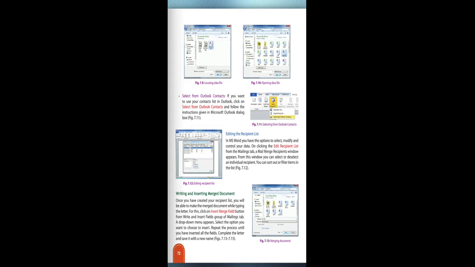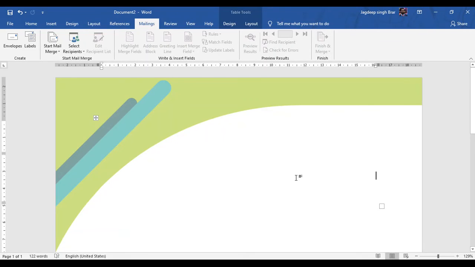So let's do the same: how to create the data source on a computer. After creating your database, now you have to attach the people's information to your main document. To add the people, click on the Mailings tab and select Select Recipients from here.